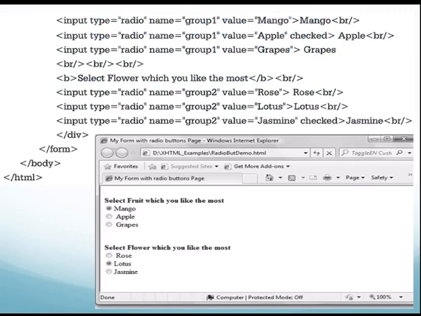Okay, so here we have created two lists, and we can select only one option from each list. So let's see the first list. Input type is equal to radio, name is equal to group1, value is equal to mango, and its text is Mango. Then the BR tag, that is break for a new line. Input type is equal to radio, name is equal to group1, value is equal to apple, and I have written checked. Checked means that option is selected, and I have written the text as Apple, then a break tag. Next is input type is equal to radio, name is equal to group1, value is equal to grapes, and the text is